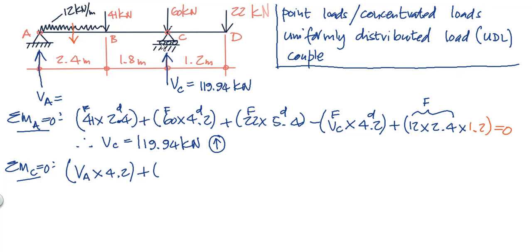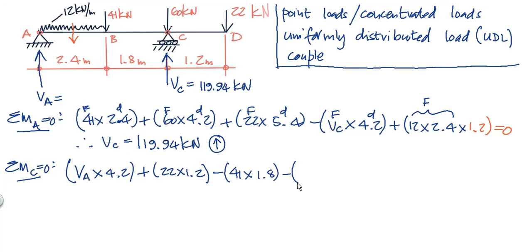So it's plus 22 times 1.2. And it's going to be minus all the others. Now, before we say all the others, that force there, will that force have any moment effect about C? No, it won't. Why? Because any force going through the point of rotation has no moment effect. So I'm going to ignore that one and now only consider the 41 and the 12. I'm starting with the point load. So it's plus 41 times 1.8